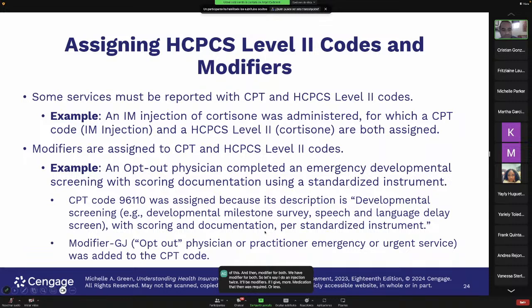Let me see if I can read this one properly. Okay. Second example, an opt-out physician complete an emergency developmental screening, scoring documentation using standardized instrument. Again, a bunch of information. It really doesn't matter now. It's a CPT code for the actual developmental screening. Okay, and that's when you